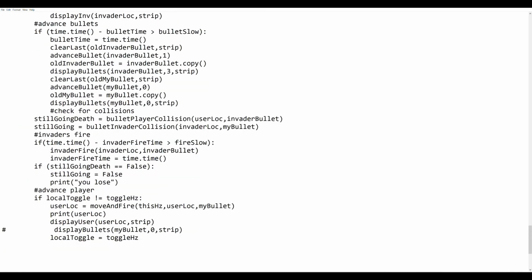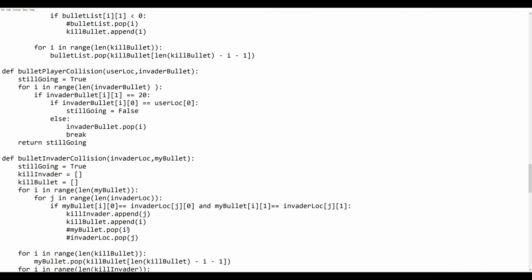Yeah, so that's those two, and then every once in a while the invaders fire, and that's their own function. It basically just creates a bullet in front of them. And we can also move the player, and this happens whenever the toggle for have we changed the hertz happens, at which point the user location moves and fires, and then it prints it, and well, that's just for debug, I guess, and then it displays the user, and display user is